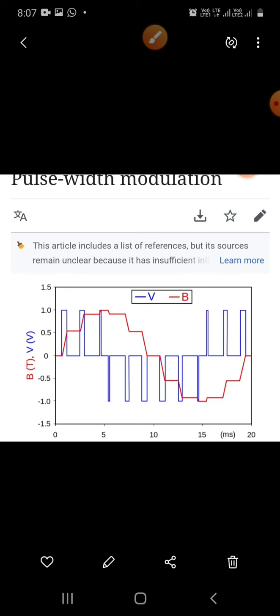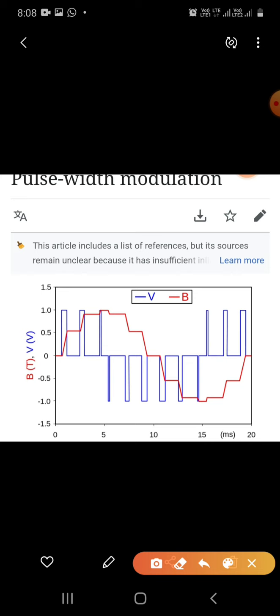Here we can say the rate of frequency at which the power supply must be switched can vary greatly depending on load and application. For example, switching has to be done several times a minute in an electric stove, 120 Hz in a lamp dimmer, between a few kilohertz and tens of kilohertz for a motor drive, and well into the tens to hundreds of kilohertz in audio amplifiers and computer power supplies.